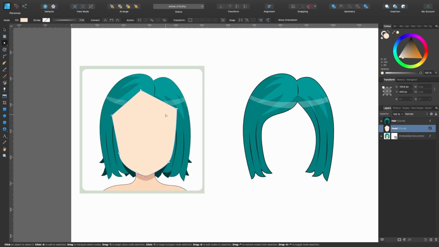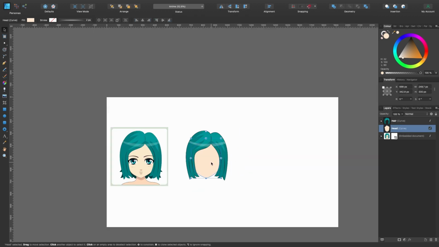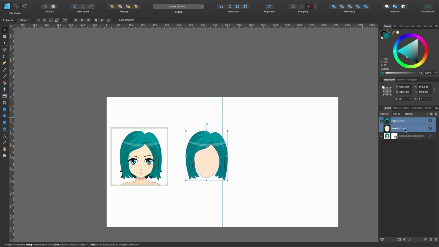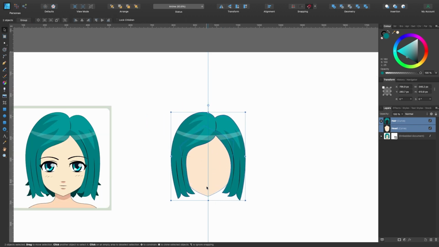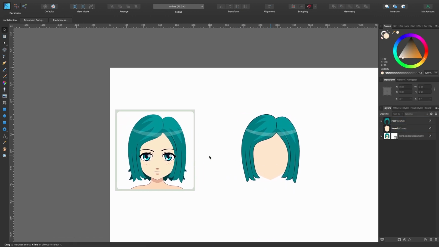Press V, the move tool, and just click and drag it across to the side. As we kind of want to get everything to the center of this face, we will introduce that guide across from the side here. Keep going, turn your snapping on, keep going till we get to the center. There we go, we're in the center there with the big green line. I'll grab my hair and my head, and I'll just drag that off until, there we go, it's kind of centered around that chin there, you see? So we'll just kind of keep it there across to the side. So anything we make from this point, we can just drag it across and place it on our head.